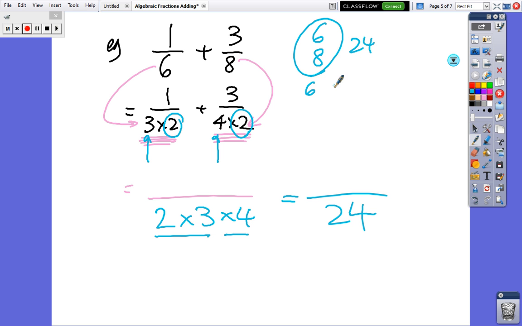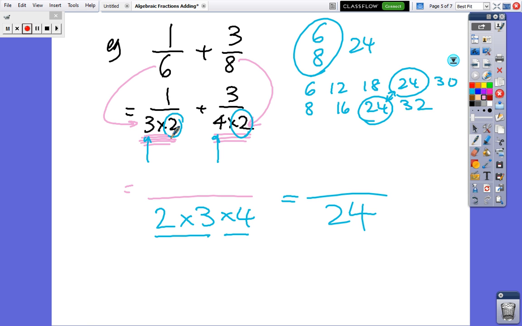If you just write out the multiples of 6 and write out the multiples of 8, and the first time you get the same number, then that's another way of doing it. Okay, so you can write out multiples, or you can use this factor method. So in my method,